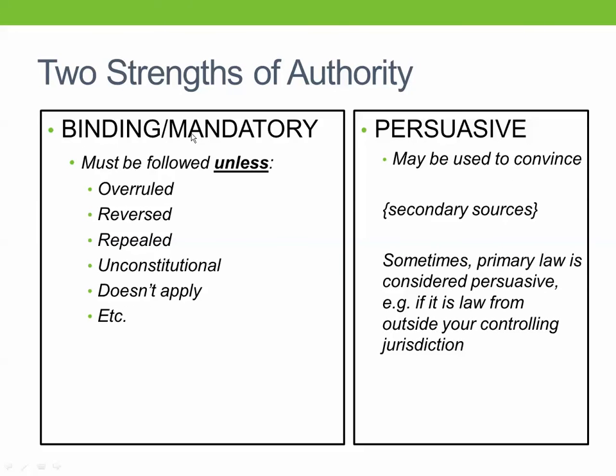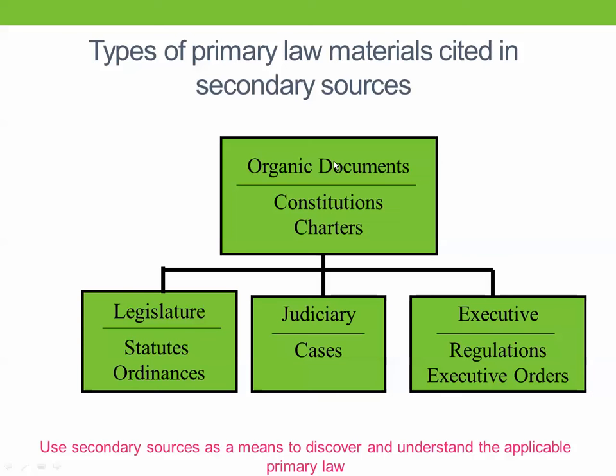So let's think about binding, mandatory versus persuasive now. So when we say binding or mandatory, we're saying that law has to be followed unless it's overruled, reversed, repealed, found to be unconstitutional, etc. And if we're talking about persuasive sources of law, they're used only to convince, and our secondary sources would fall into that category. And we mentioned that sometimes primary law may be considered persuasive if it's law from outside of your controlling jurisdiction. So we're going to focus on secondary sources and their helpfulness, even though they are still a persuasive